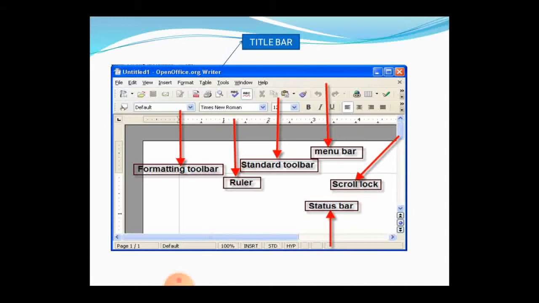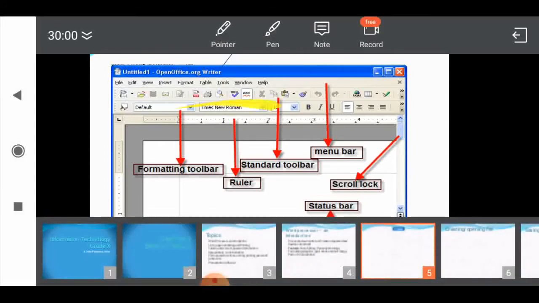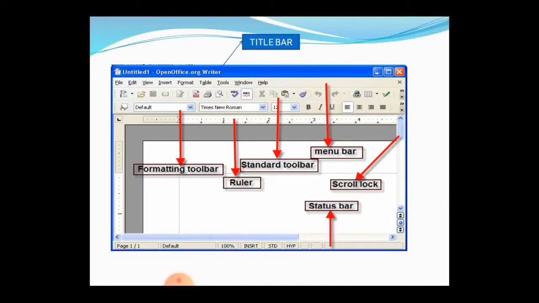Okay, the next one is the formatting toolbar. The formatting toolbar consists of tools frequently used for formatting. So this line is said to be the formatting toolbar, where frequently used formatting options will be displayed. Okay, the next thing is the standard toolbar.